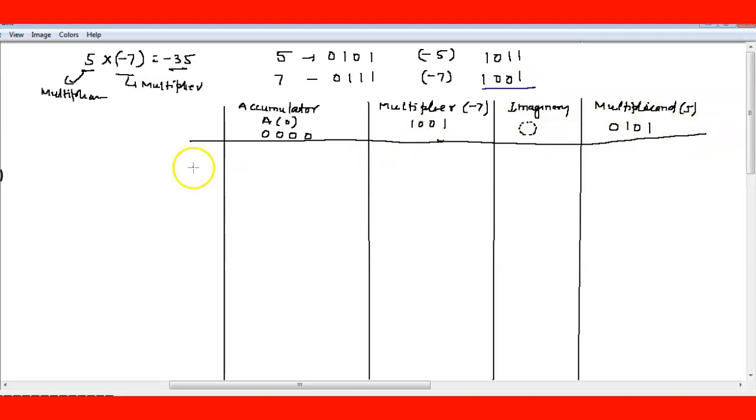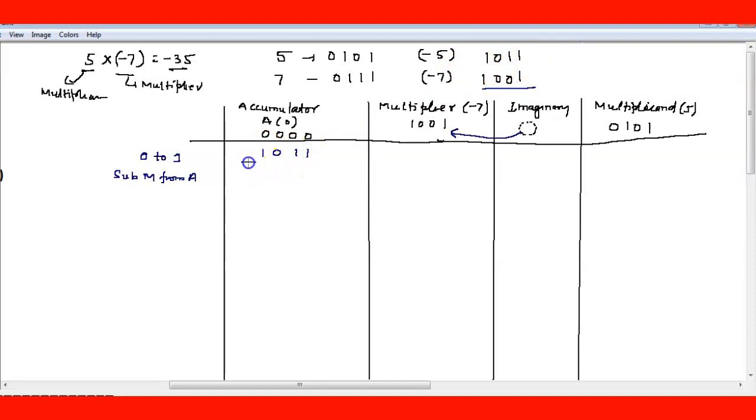Now in the first step you can see this is a transition from 0 to 1. So for a transition from 0 to 1, you have to subtract M from A, which means finding the second complement, that is, adding the second complement of this 5. The second complement of 5 we already got: 1011. So we are adding here